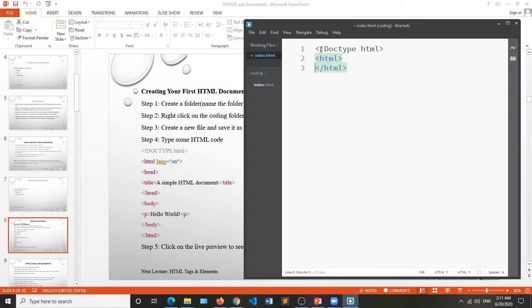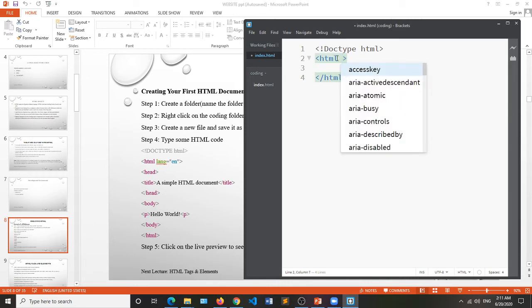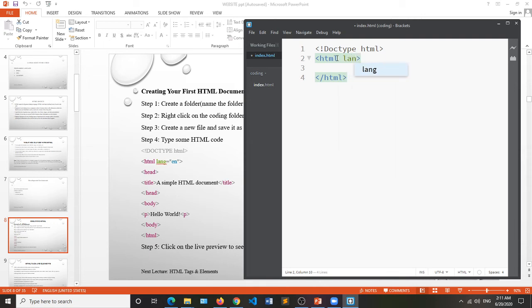Then inside our HTML tag, we put in our head tag. But first of all, let's add an attribute to the HTML tag. Once again, I will explain all this, including what I mean by attributes. We're adding a language attribute to our HTML, and we are setting it to English.